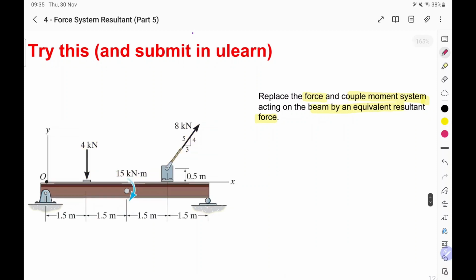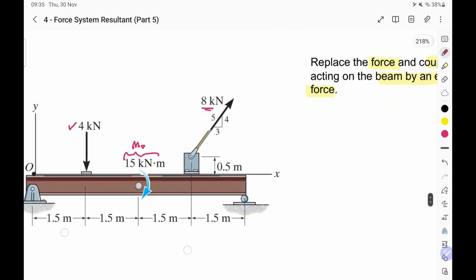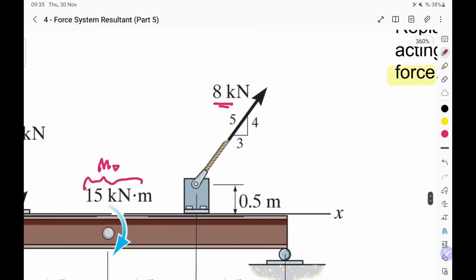In order for us to convert this whole system kepada satu equivalent system, basically you have to make sure all the forces are in orthogonal direction lah. So kalau tengok the first force which is 4 kN ni, tak ada masalah because it is acting in the y direction. 15 kN meter ini adalah sejenis moment. The direction of the moment adalah clockwise, so ini pun tak ada masalah. This 8 kN kalau tengok dia sengit-bengit, so you ingat bila sengit-bengit luruskan dia balik ikut sama ada x direction ataupun y direction. So if we want to resolve this 8 kN into the respective x and y direction,